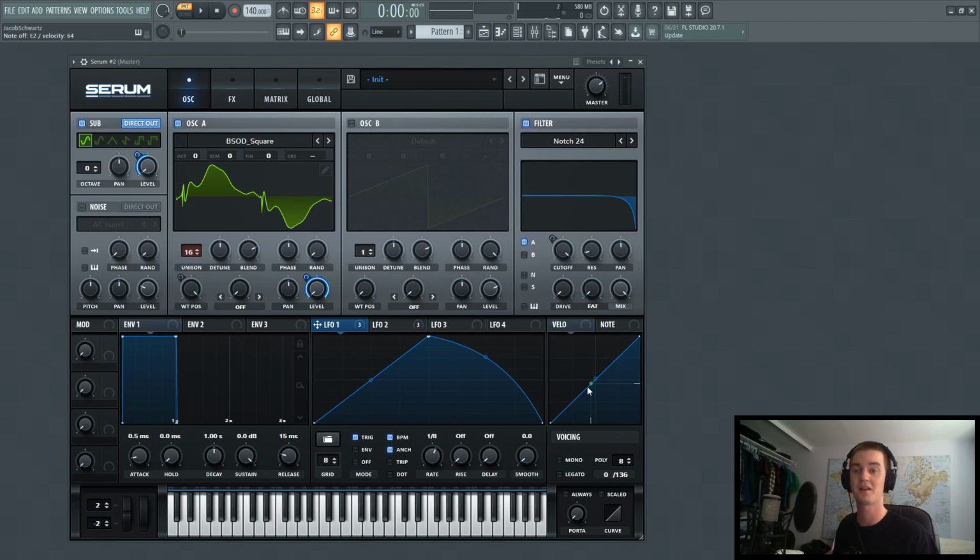Alright, so this is where things get kind of cool. Instead of just having the static rate right here, we're going to turn BPM off, put it on about, let's say 0.6, and start doing some cool things with the note modulation. And what this does is the farther you go up, the more that your modulation moves. So we can turn mono on, always, legato, just turn all that good stuff on, put it on about maybe 400, and now if you press a key, you'll notice right here that there's like a green dot